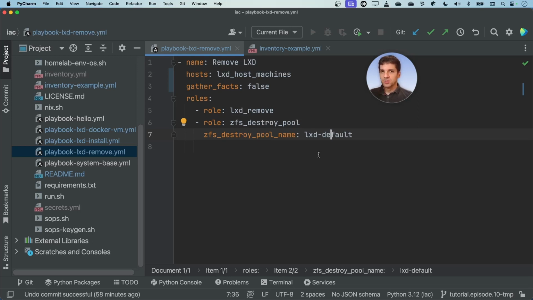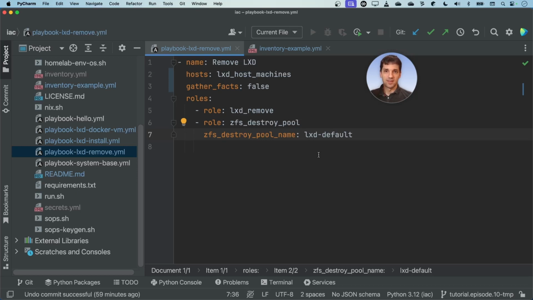And when I started to test the playbook and the Ansible roles, everything worked perfectly. But later I realized that sometimes the zfs-destroy-pool couldn't work because after the lxd-remove Ansible role, somehow the ZFS pool disappeared. It was not deleted, it just disappeared, and I had to restart a systemd service